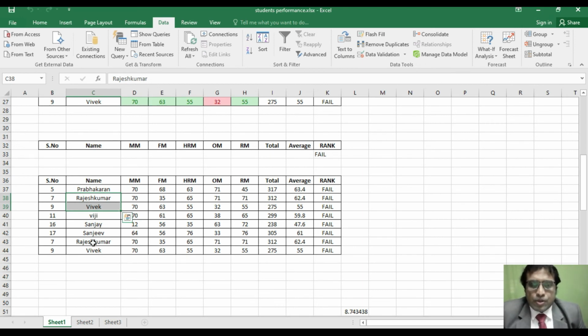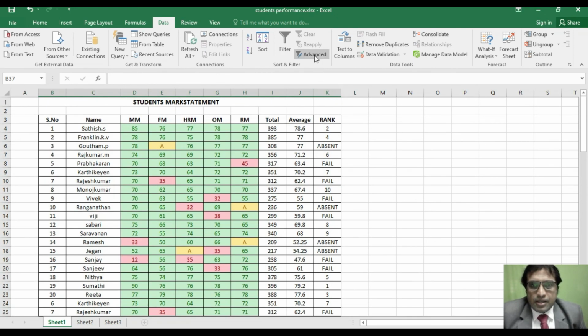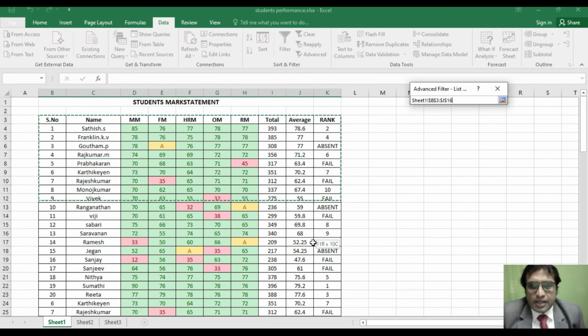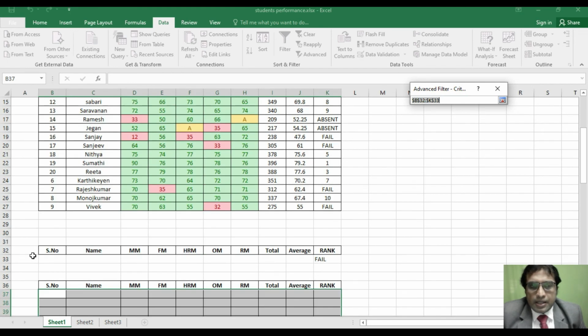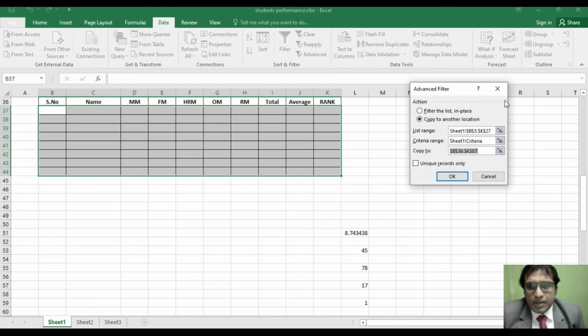If you have a large amount of data and if you have replicated data, here you can use advanced filter. There is an option. Using that option, you can remove the replicated data. You delete this. So the replicated data from this will be removed easily. Go to advanced filter, select the list range. Once again I am selecting the list range, followed by the criteria. The criteria what I am going to do is the number of failures, followed by copy to the location. So that location detail I am giving.